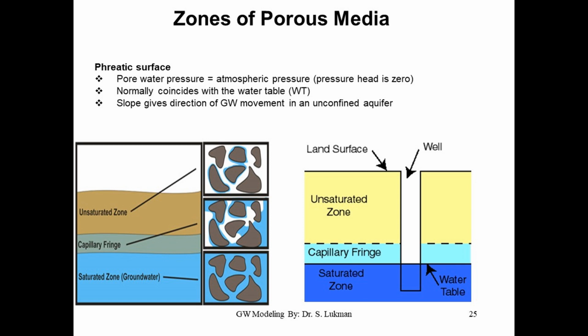Which one will be the correct slope of the water table? Let's say in this case, this is the ground surface coming down. Is it this one or that one? The top one is the ground surface. So these are two different slopes for the water table. Do you understand? Which one will be the correct slope of the water table?